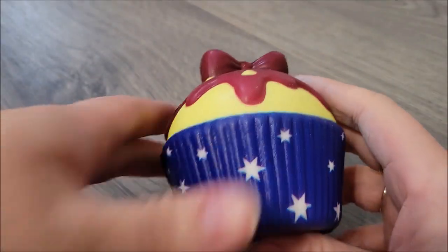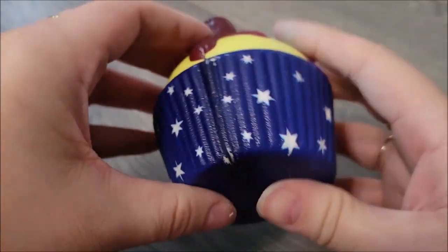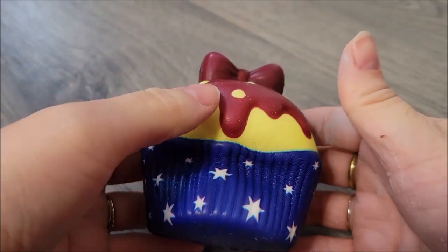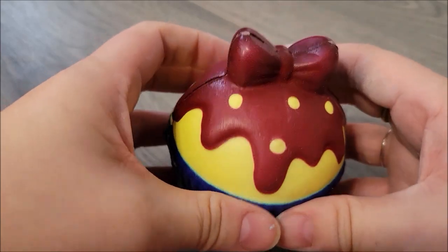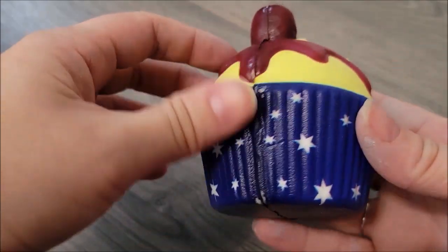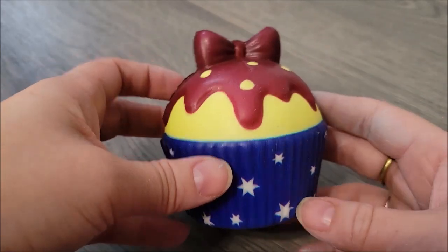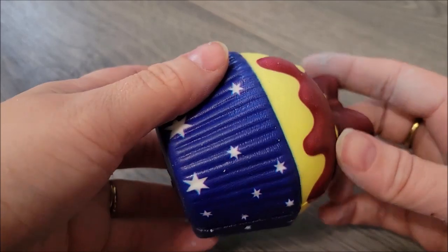But I did find this cute little cupcake squishy at the Dollar Tree. It does have a decent squish to it. Not all of them do. It's also not super slow rising, but this one's at least not hard. Some of them I find are actually surprisingly hard. So instead of doing any crazy surgeries or anything insane, I just thought I might redesign it, because I think the bow is really cute. I think the only thing I would do is take the bow away,